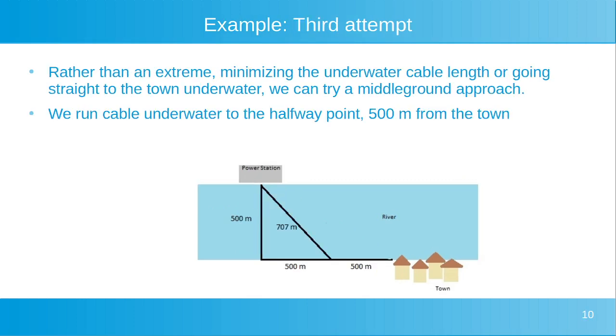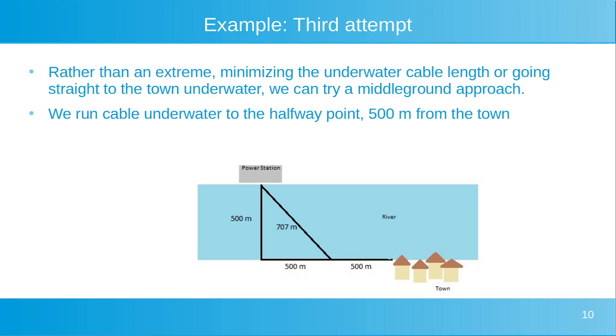So we just guessed those two options though, and they are extreme options. So maybe there's a middle ground that might be cheaper again. So rather than an extreme, minimizing the underwater cable length or going straight to the town underwater, we could try a middle ground approach. So with a middle ground approach, we run cable underwater to the halfway point, 500 meters